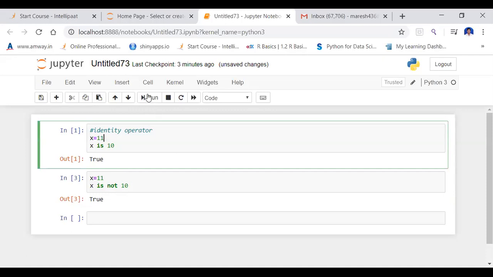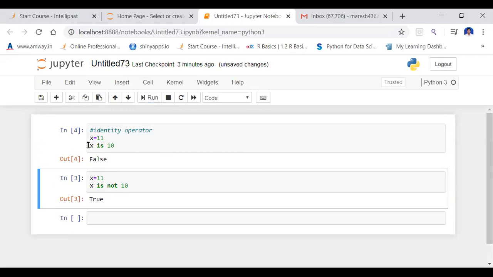We are checking whether the x value is 10 or not. If it is 10, we get true. If it is not 10, we get false. Understood, sir. Okay, right.